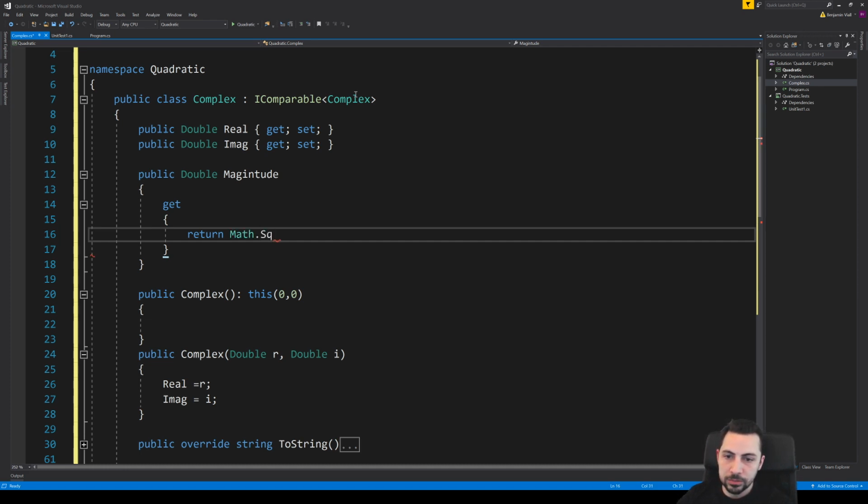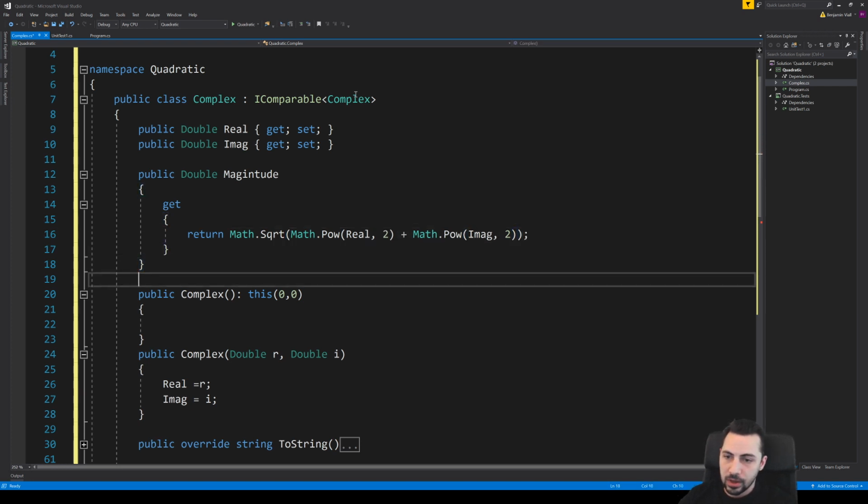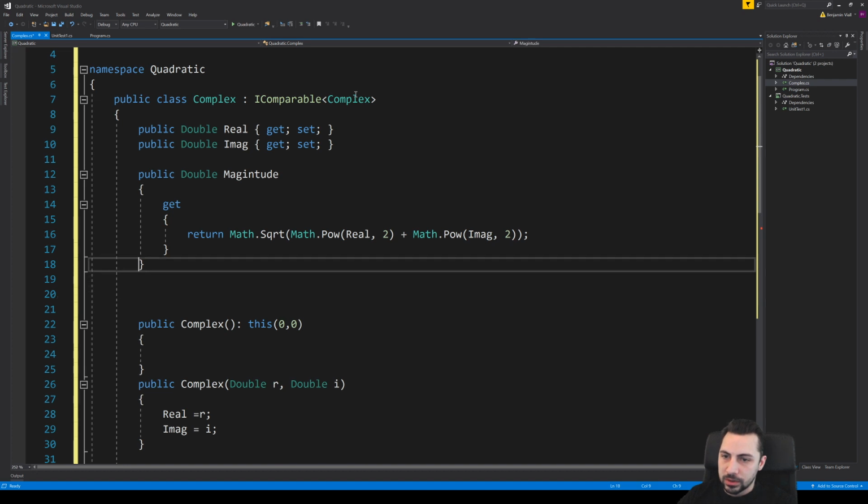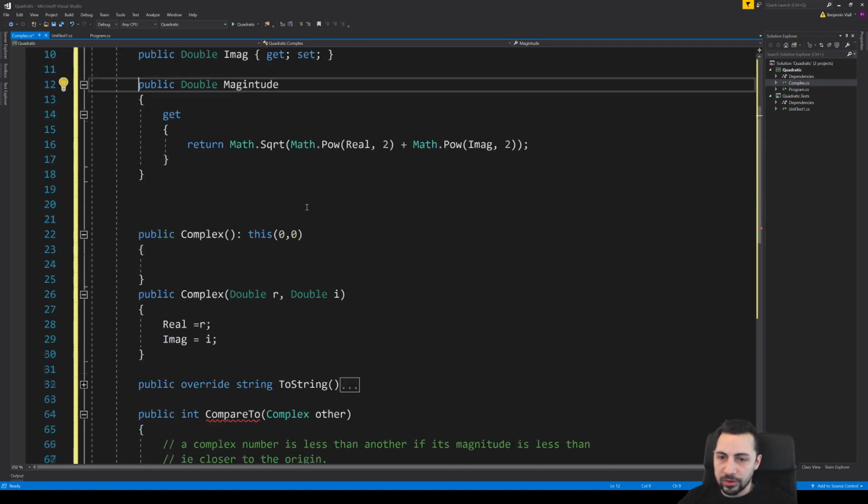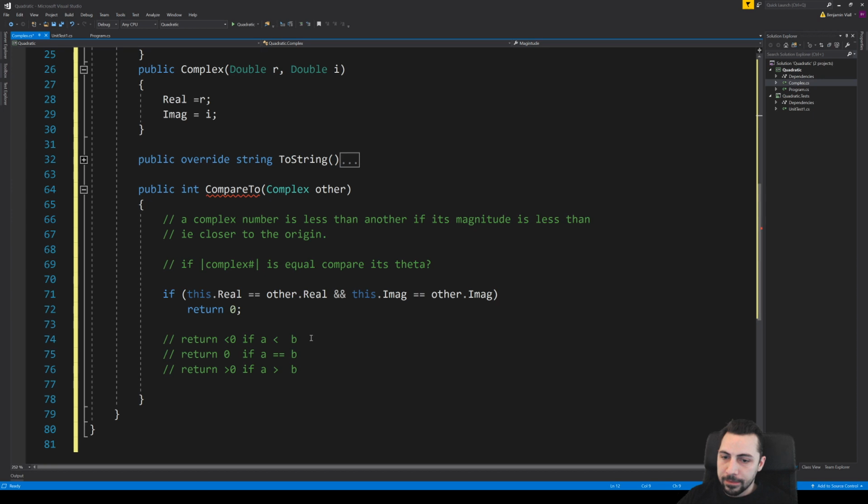The square root of, we'll do it the long way with pow. So that's going to be Math.Pow(real, 2) plus Math.Pow(imaginary, 2). That's the magnitude. And while we're up here, well, we've written magnitude, so we can now write